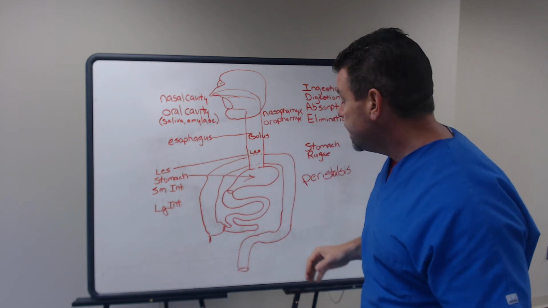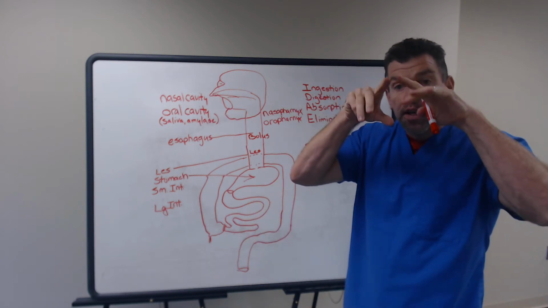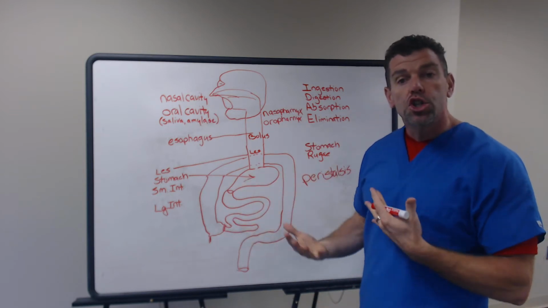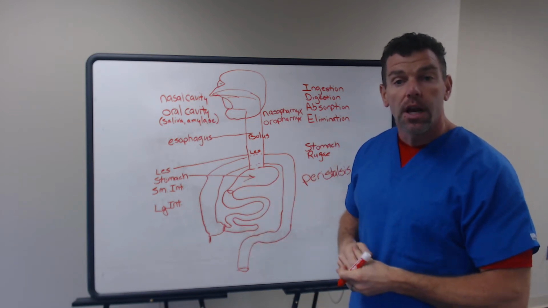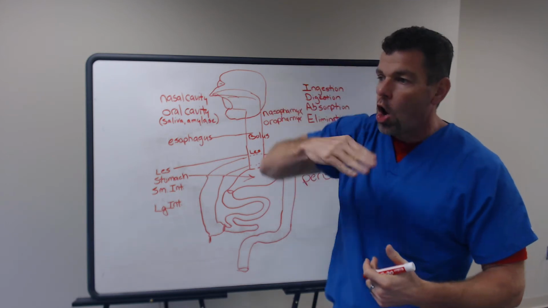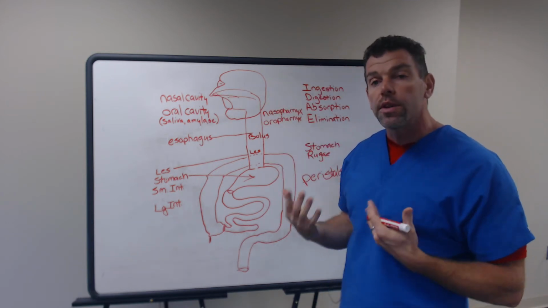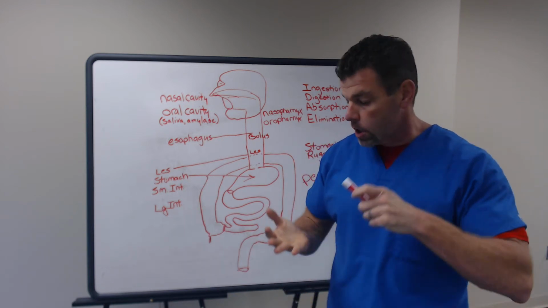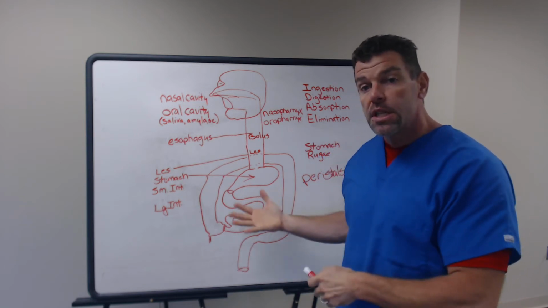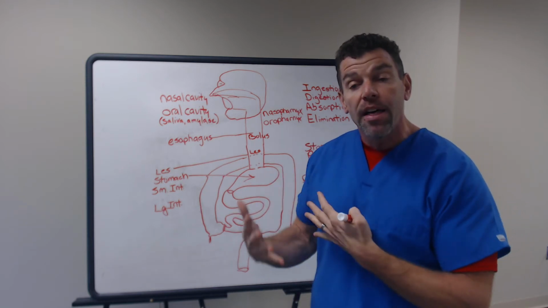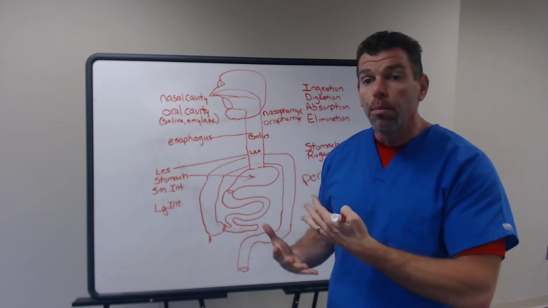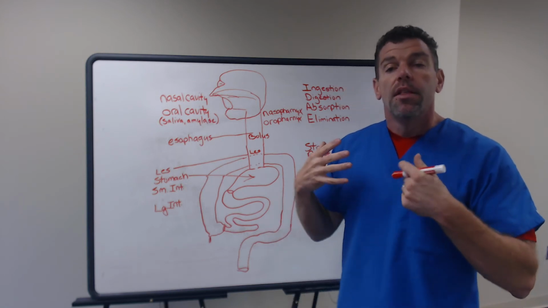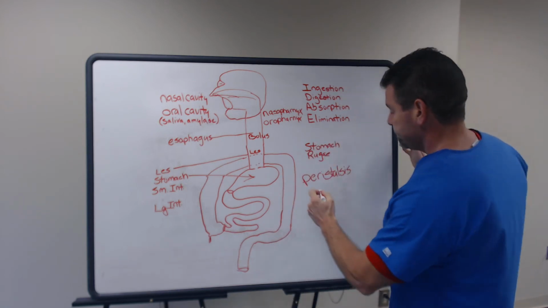Inside our small intestine, we have all of these finger-like projections called villi, so that way it doesn't just go right through the 23 feet of small intestine. It has to go in all of these little nooks and crannies around all these little finger-like projections called the villi, and that greatly aids absorption. It slows down how quickly this material can move through the small intestine, and by this time that bolus is so broken down and so mixed up with enzymes and the hydrochloric acid that we now call it chyme.